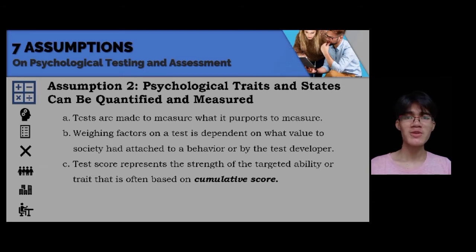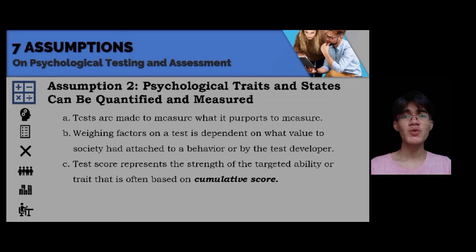The attribution of score to the test is also dependent on the society and on what the test developer deemed to hold more relevance. If they both believe that being street smart should score higher for a person to be called intelligent, then the test developer will put more weight on the area of street smarts in terms of scoring and put lesser emphasis on the score in crystallized intelligence, despite them both being acknowledged as necessary for them to label a person as intelligent.